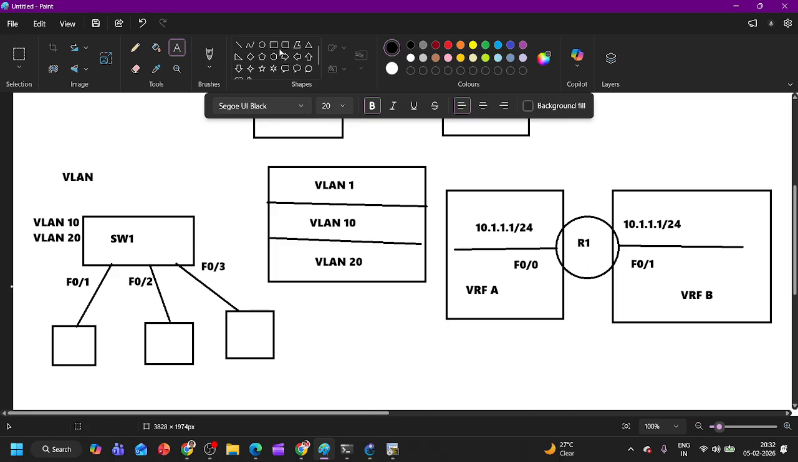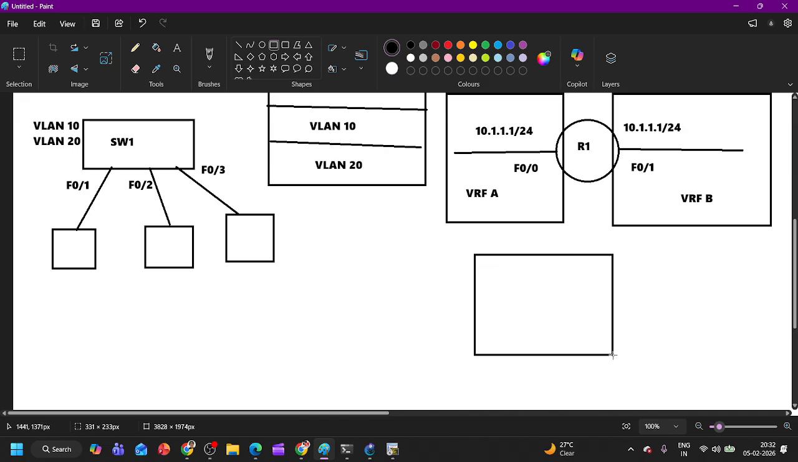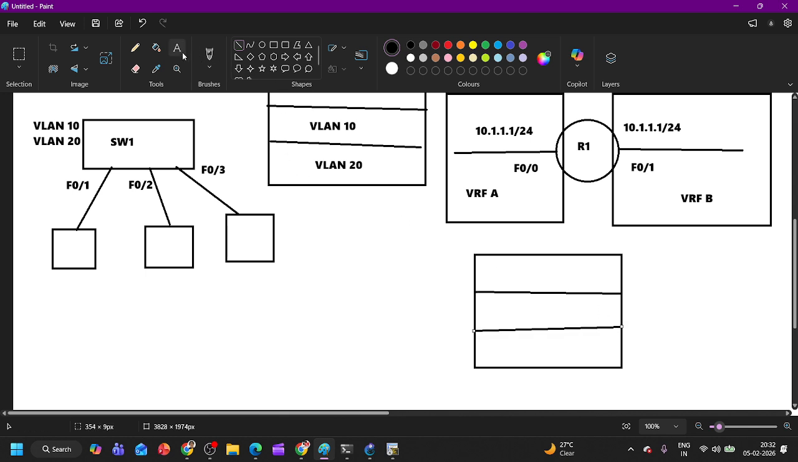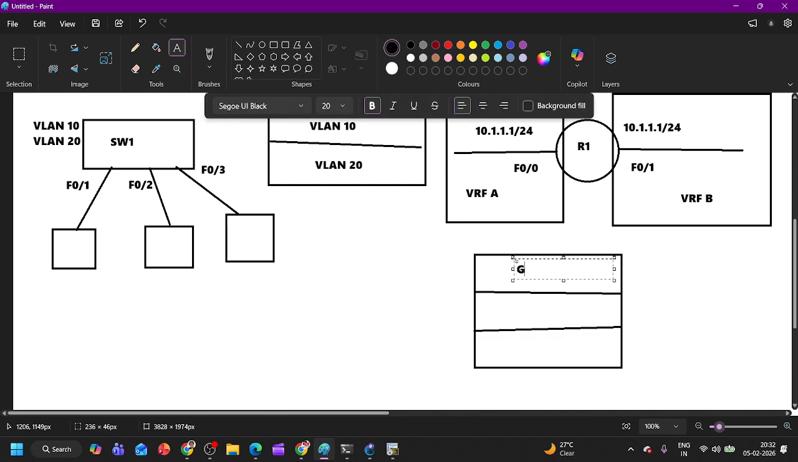Now this router is going to maintain three routing tables. One global routing table, one routing table for VRF A, and one routing table for VRF B, right? So now you can configure the same IP address on multiple interfaces as well, because when I configure